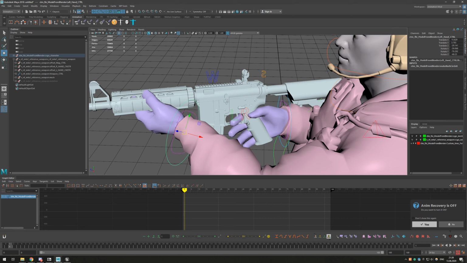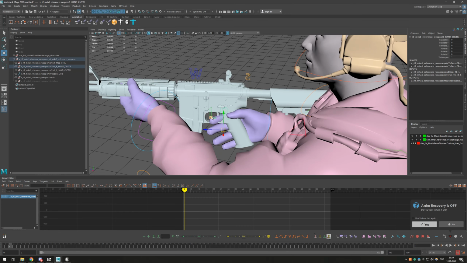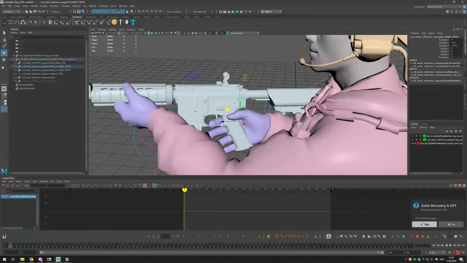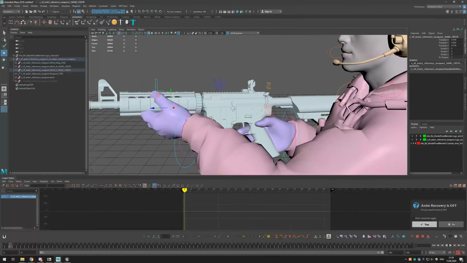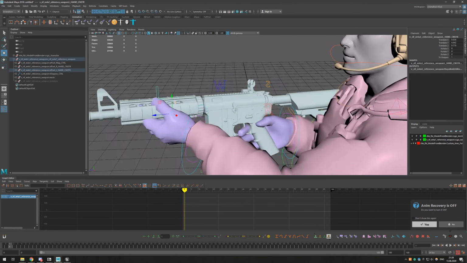So, what we will do now is we will constrain the right and the left controllers in here to the right and left hand, so that the weapon will control them. Now, it may sound quite complicated, but you will see it in a moment. Let's see, where do we want the right hand to be controlled from? How about that? Yeah, that. And the left hand is, how about that? Yeah, from that point should be good enough.